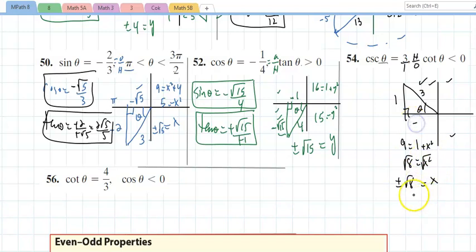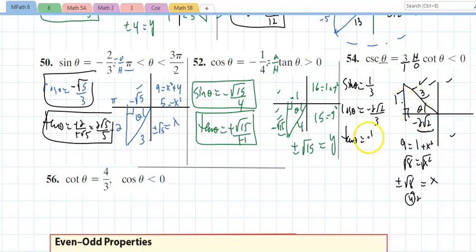In this quadrant it is negative. And isn't that 4 times 2? So that is 2 radical 2. And in this case, I know the sine of theta is the opposite over the hypotenuse. The cosine of theta is the adjacent over the hypotenuse. And the tan of theta is the opposite over the adjacent. And if you rationalize,